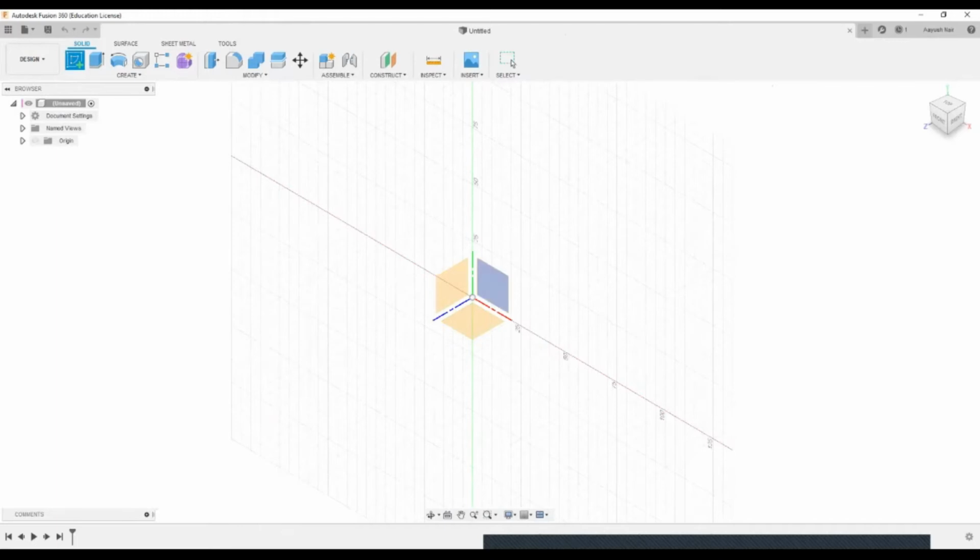For 3D objects, there are three planes: the X plane, the Y plane, and the Z plane. If you want to know the XYZ planes, well, you can see in the origin itself. See here, it's an origin plane. In this origin tab, you can click, and then you will get the XY plane, XZ plane, and YZ plane. Okay. So right now I'm going to select the XZ plane,